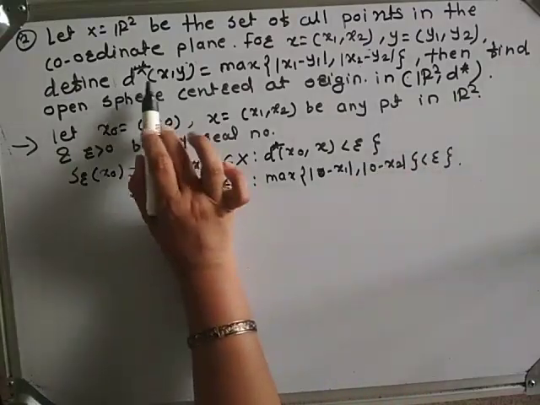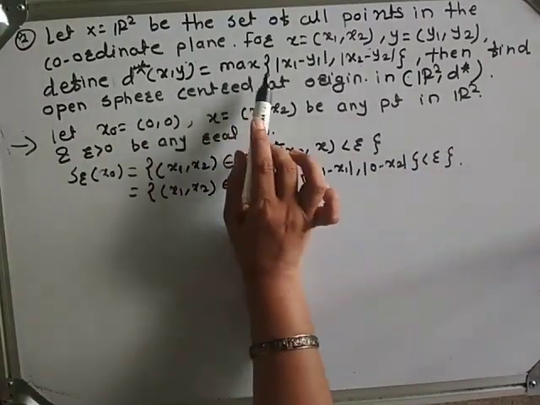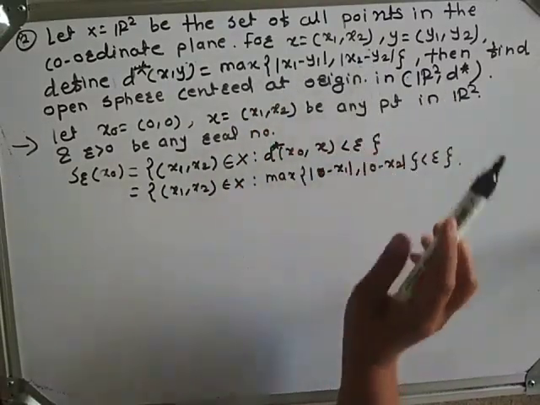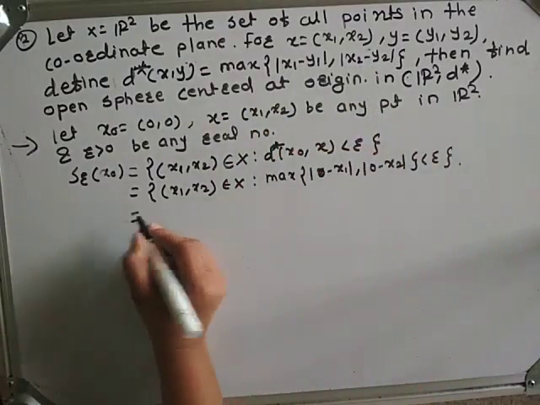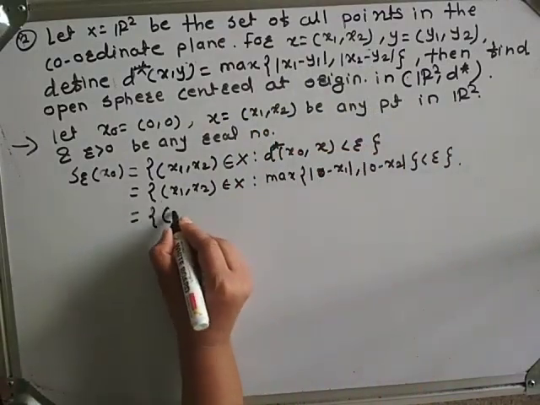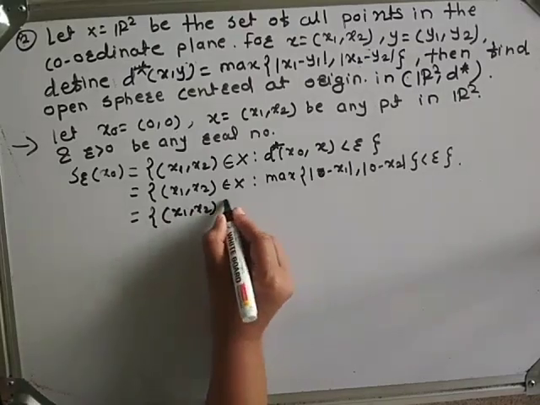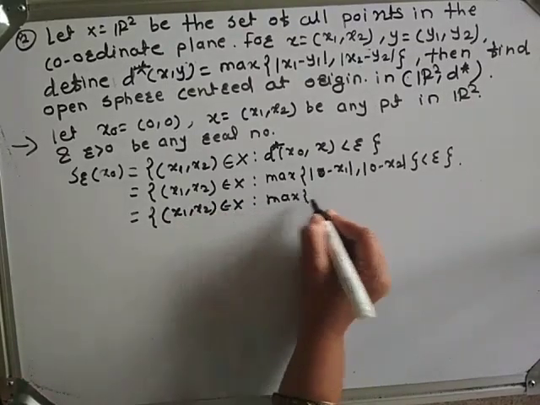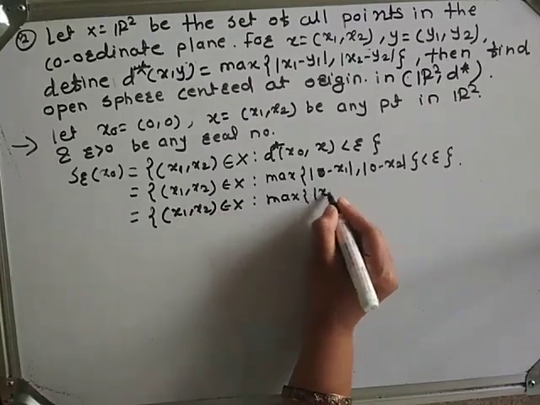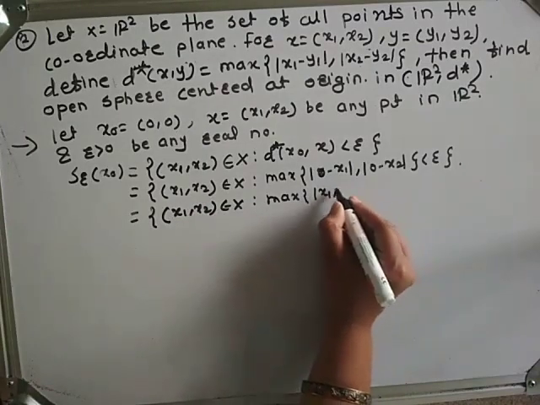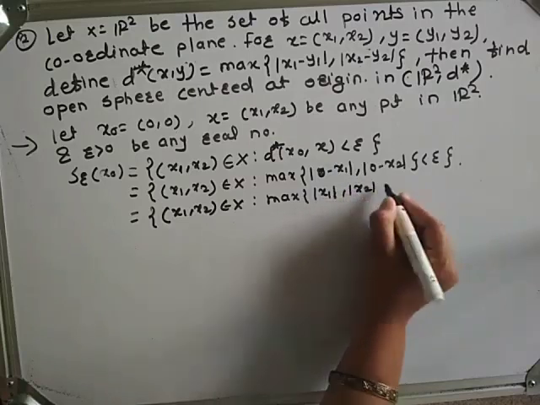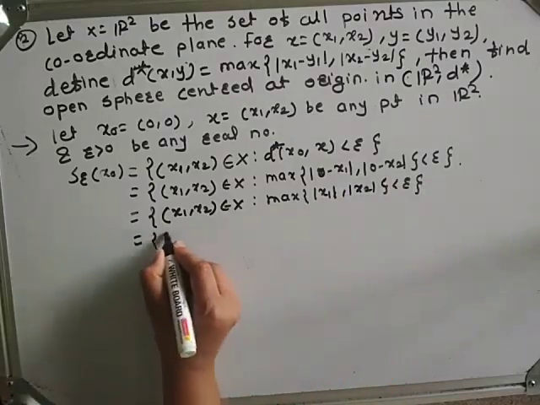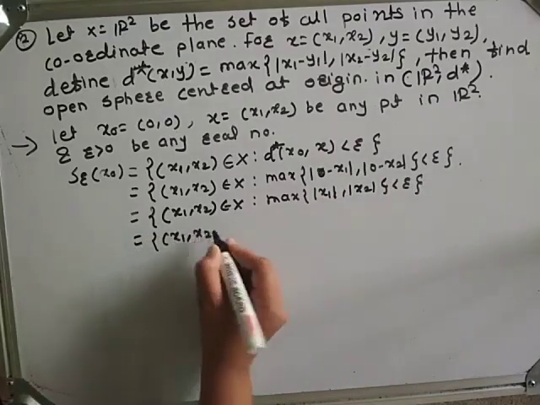Since d star of (x, y) is defined as the maximum of |x1 minus y1|, |x2 minus y2|, this is equal to the set of all (x1, x2) belonging to capital X such that maximum of |x1|, |x2| is strictly less than r,